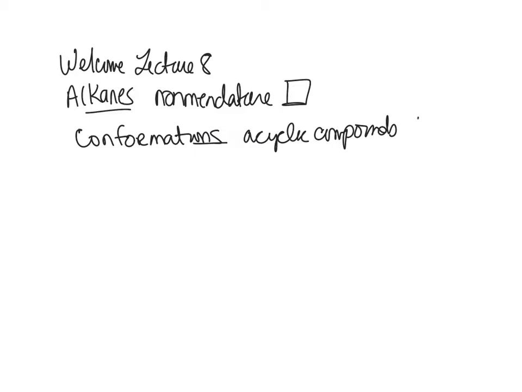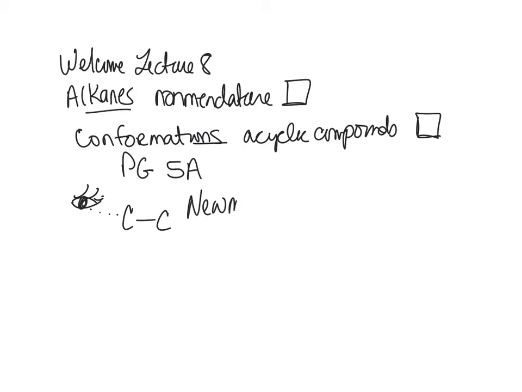So we are going to work your POGIL Activity 5A. We will talk about how you can see these conformations with your eyeball when you look down the carbon-carbon bond. And when you do that, we're going to be drawing some Newman projections. So you're going to have to learn how to draw Newman projections. We're going to look at some graphs and talk about stability